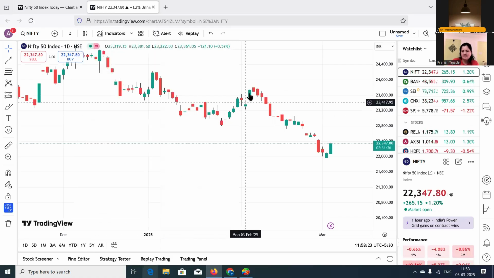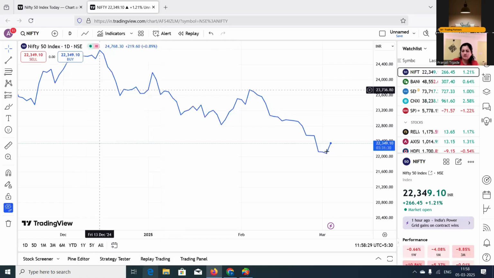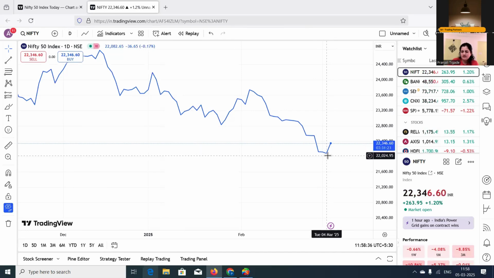So why candlestick? Okay. In the line chart, what do you see? You see the closing values of the time frame. For example, this is 4th March. Observe over here the blue number. What does it show?